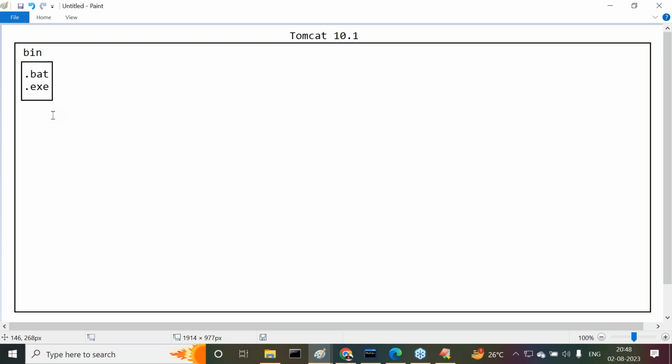That bin folder contains some batch files or maybe exe files. They're mainly for what purpose? To start the server and to shut down the server. That's why we have the bin folder. Okay, sir. Now, after